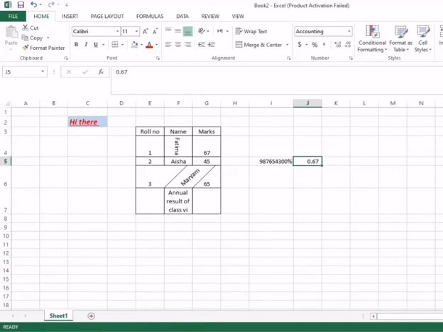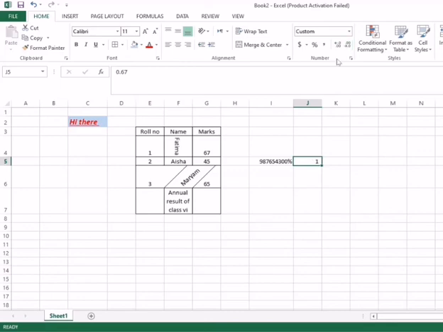Now I write another number, 0.67, and we check this. If I click on the dollar sign, this will appear. If I click percentage, the point will be finished, and comma, there is also the decimal. If I click on here, you can see after the decimal a 0 will appear, and if I click here, if I double click, only one decimal remains. So this is the way. If I click another time, this is rounding off.